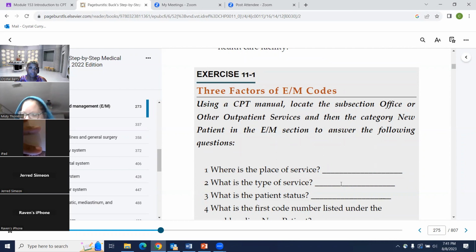Consultations, admissions, office visits, and prolonged services. Yes. What is the patient status? Established patient, outpatient, and inpatient. Correct.